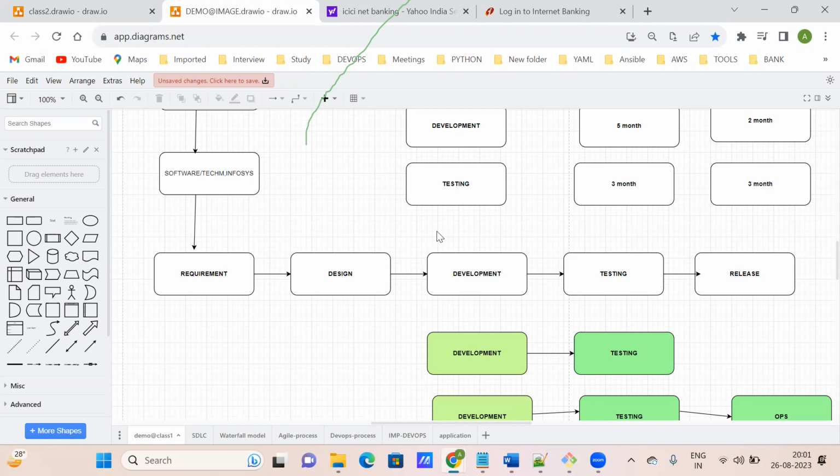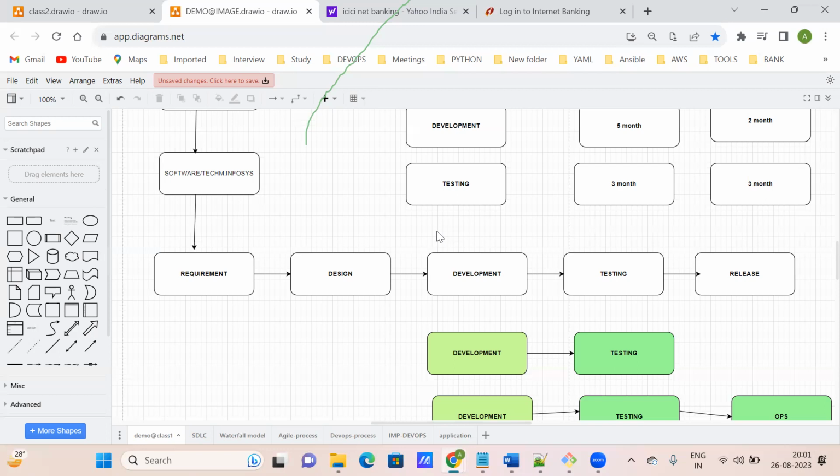When the agile process came, that time cloud was not there. If you were going to create a physical machine, it would take a physical server, and on top of that the OS, some 1 hour to create everything. But in case of cloud, it will take 5 or 10 seconds to create an infrastructure. That fast.